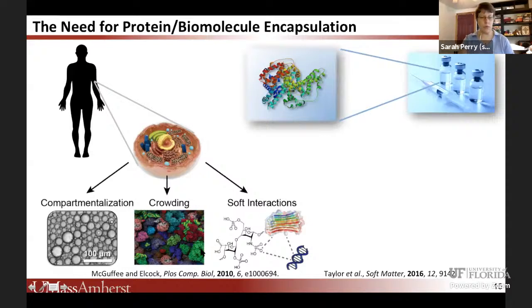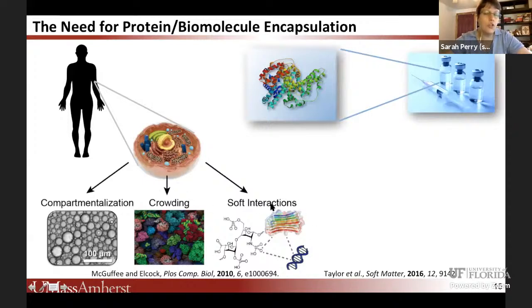This is a snapshot from a molecular dynamics simulation of the inside of an E. coli cell. It's like 30% by weight polymer, protein, RNA, however you want to define it. So there's not a lot of space for things to potentially unfold and denature. But what I think is important really in terms of the compartmentalization and how things form is you want some